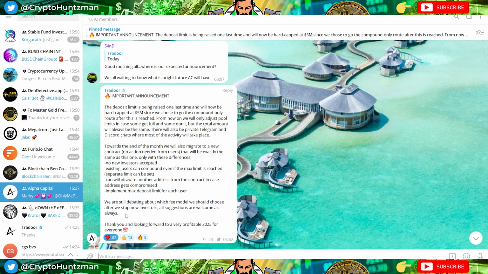Or if they make, I don't know, $1 million in profit, then just say 10% of that goes to the team, or whatever the case may be. So it's in their interest to keep trading and growing. Obviously, the more they trade, the more profit they make, the more profit we make. So I think something like that could possibly be done.